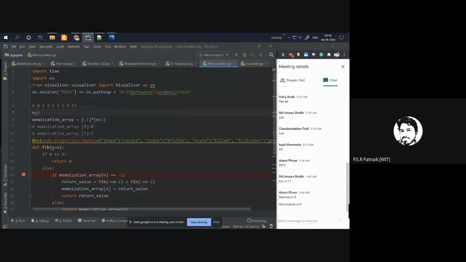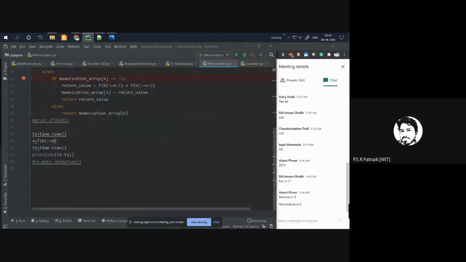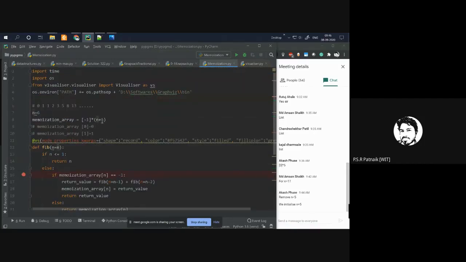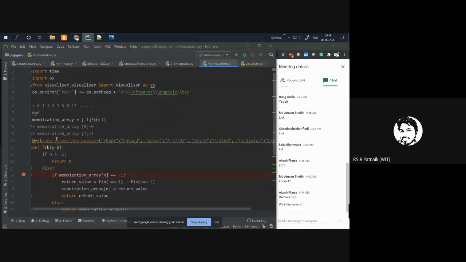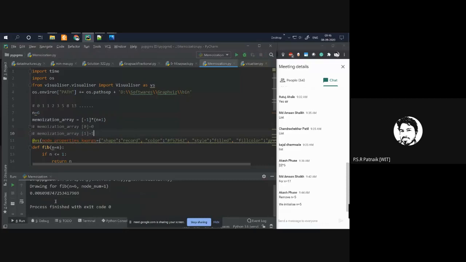I hope you got where we were going wrong. Here I was fixing the value n is equal to 5, and I was passing 6 or 7 or 30. No matter what value I passed, it was always getting initialized for 5. Now it works fine. Instead of passing the value there, let us pass the value here, n is equal to 6. Now if you execute, you will get the value.